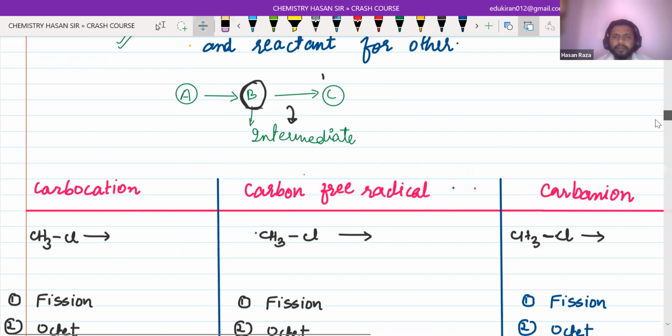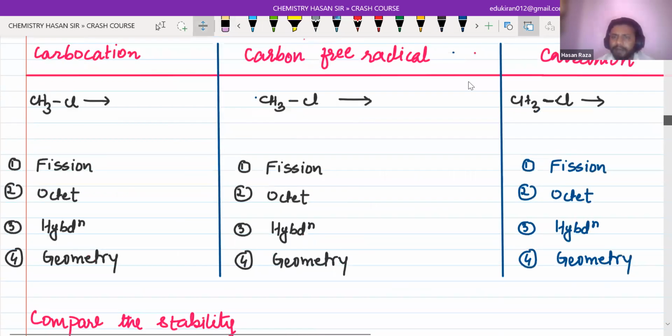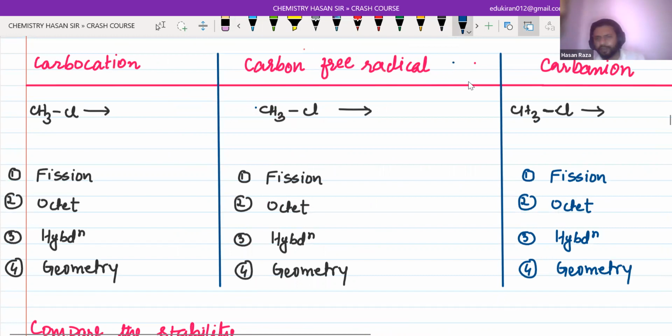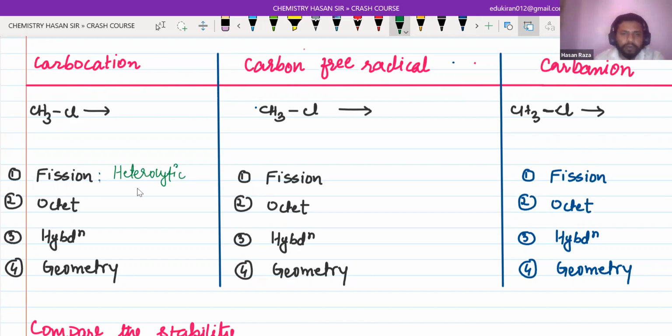Do you know fission? You know that fission is bond breaking. Here in chemistry, we will talk about bond breaking or bond cleavage. And bond cleavage can be done in 3 different ways. The first one I'm going to take is heterolytic. Heterolytic. So what is this